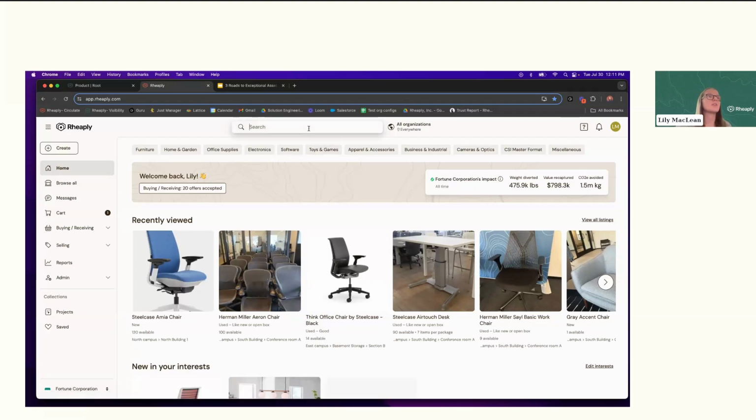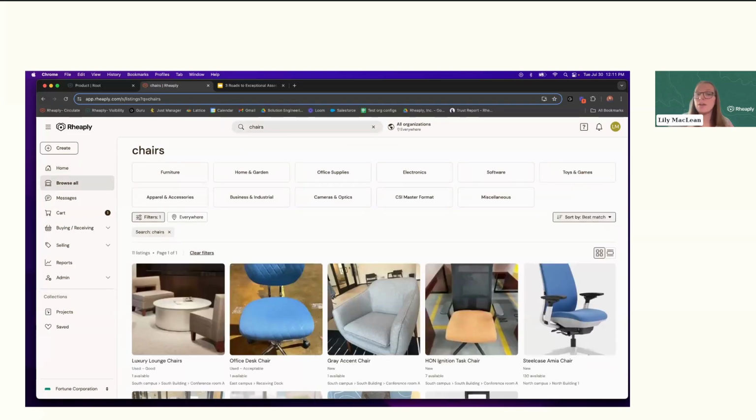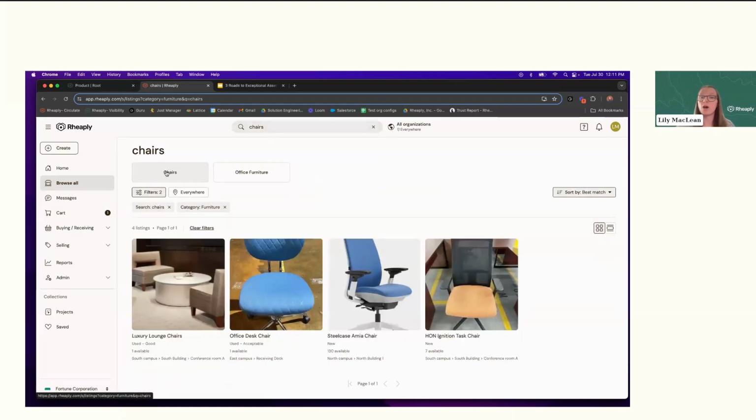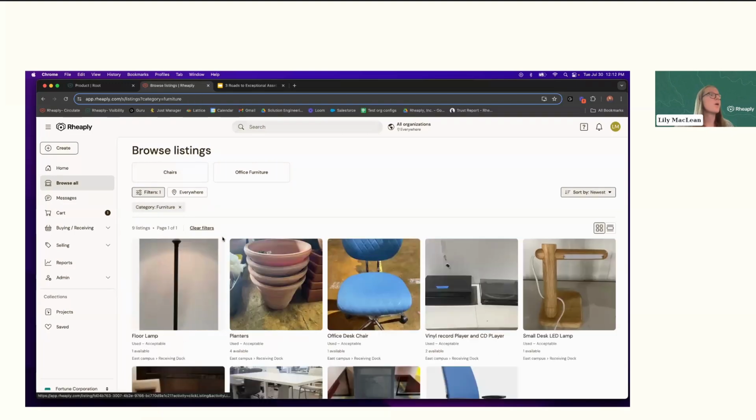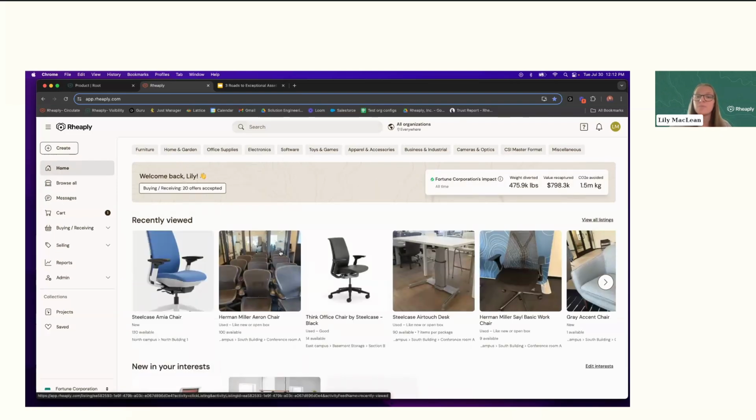So I can come in and I can search for specific items. I'm really interested in chairs as a designer. What type of inventory do we have in our portfolio that can meet my needs? Maybe I'm interested in something a little bit broader. I don't really care if it's chairs. I just want to see what type of furniture we have in our portfolio. So I have a full shopping experience of the tool and a limited access to what is made available for me.